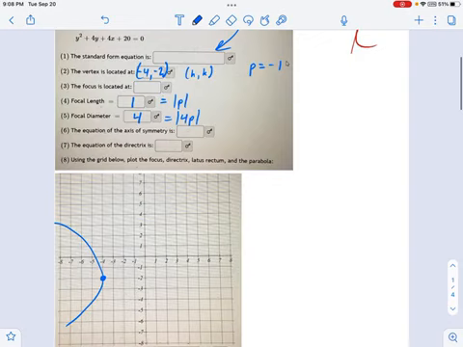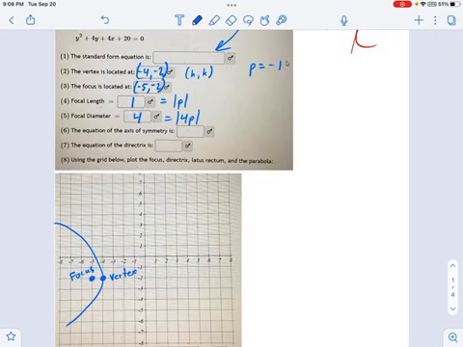Well, where is the focus going to be if my parabola is opening to the left? It's going to be in here somewhere. The parabola has to wrap around the focus. Okay, so you've got your vertex, and that's the turning point of the parabola, and you've got your focus, which the parabola seems to wrap around. The distance between the vertex and the focus, this little guy right here that I'm shading in super dark, that distance is the focal length. So you can see why I drew the focus 1 unit to the left of the vertex, because P is negative and its magnitude is 1. So I'm going to say the focus is located at negative 5, comma negative 2.